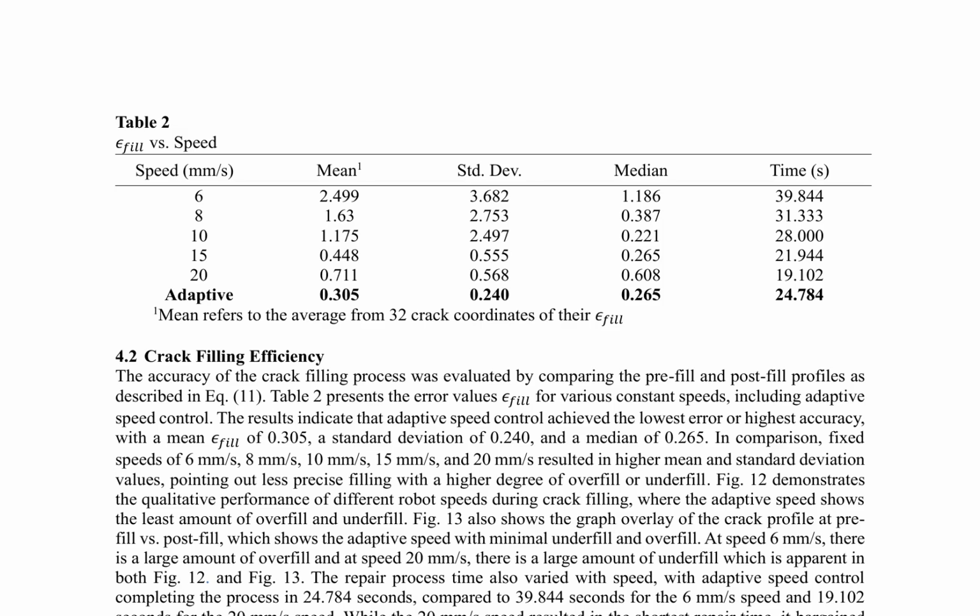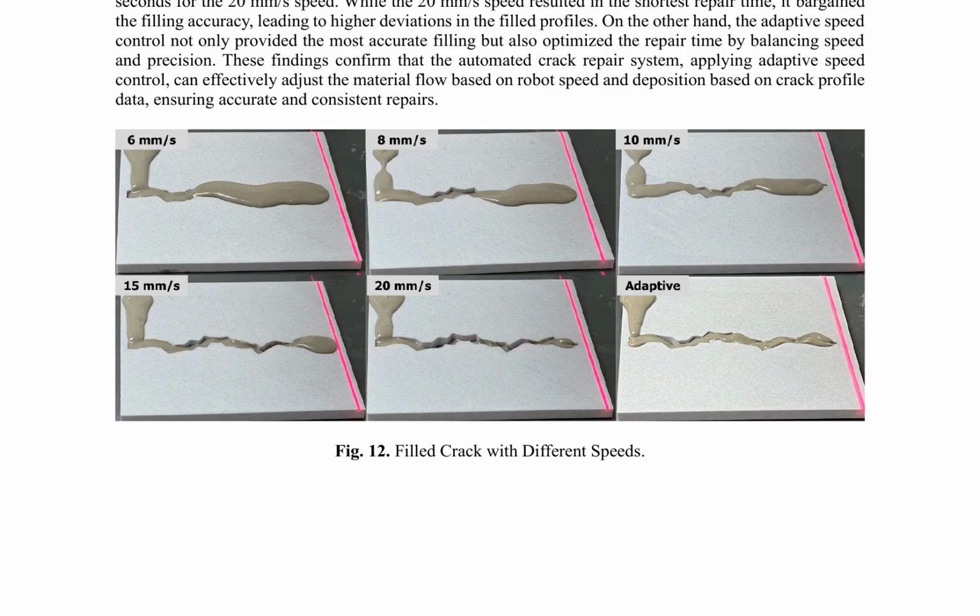The adaptive approach achieves a significant reduction in error, with a mean error rate of 0.12 mm, compared to 0.35 mm for fixed speeds. Moreover, the repair time is substantially decreased, with an average time of 12.5 minutes for adaptive speed control, versus 20.1 minutes for fixed speeds. These findings underscore the importance of adaptive speed control in achieving precise and efficient crack filling. The ability to adapt to changing crack geometries enables the robotic system to navigate complex cracks with increased accuracy, resulting